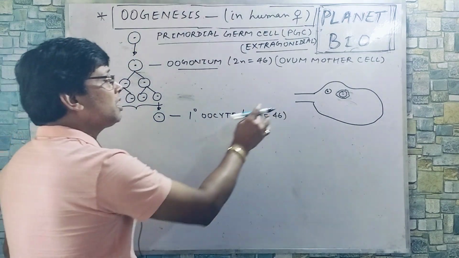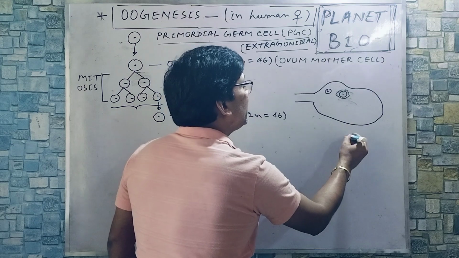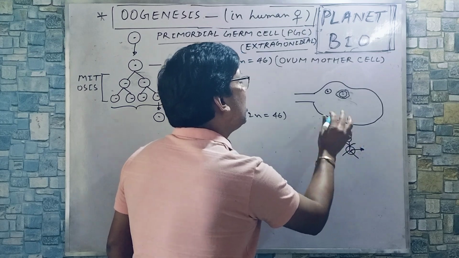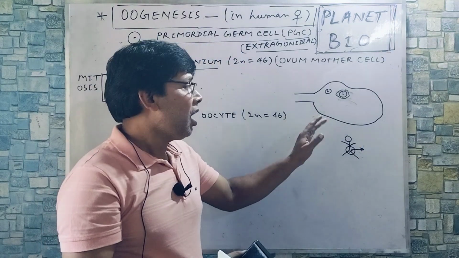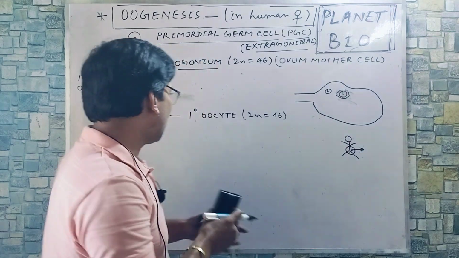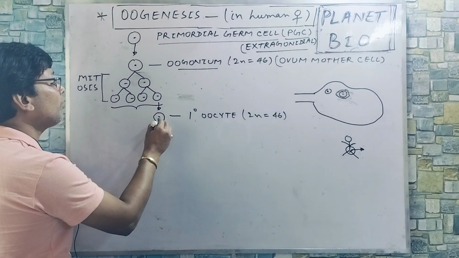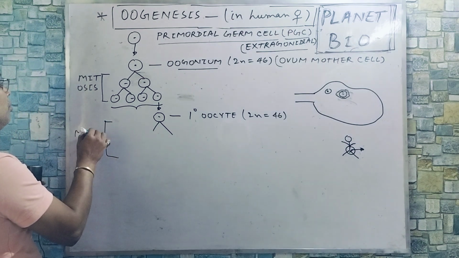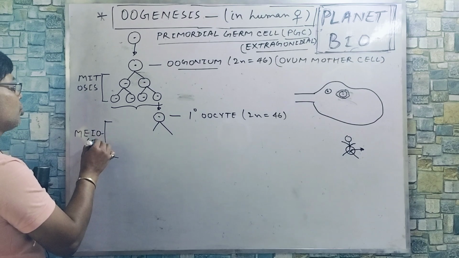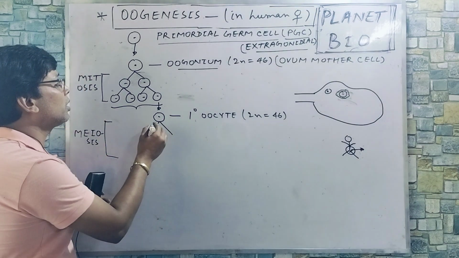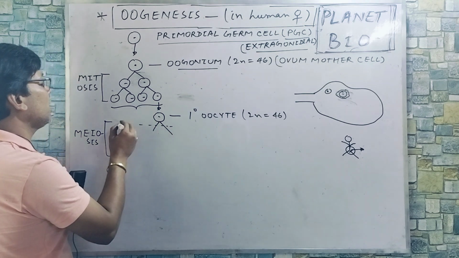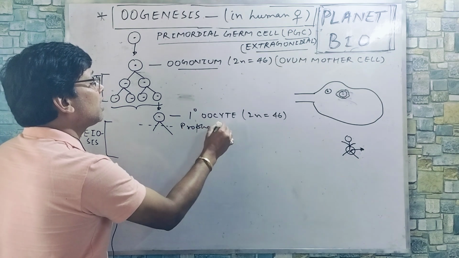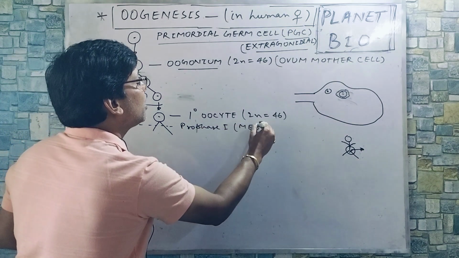ये किसके अंदर हो रहा था, ये फीटस के ओवरी में हो रहा था, ये फीटस के ओवरी में प्रक्रिया है। इस बीच फीटस अभी तक 6 मंथ्स की थी, अब ये डेवलप करके 9 मंथ्स के बाद बर्थ होने जा रहा है। बर्थ होने जा रहा है, इस बीच में अब मियोसिस शुरू हो जाता है। अब मियोसिस शुरू होता है, मियोसिस रिडक्शन से डिवीजन। जैसे ही मियोसिस शुरू होता है प्रोफेज 1 में ही, प्रोफेज 1 में यानी मियोसिस 1 में यहां पर इनको